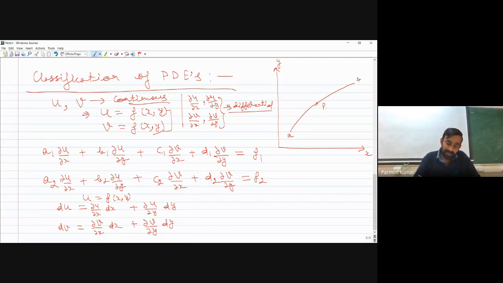Similarly, if I say my function is continuous, I may have another direction CD which is passing through this point P, and over this direction also our differentials will be existing. Now I have some direction which I am presenting with dashed lines, and let me say that over this direction, my differentiation of u and v field with x and y is indeterminate.